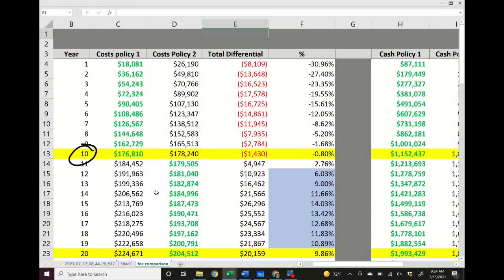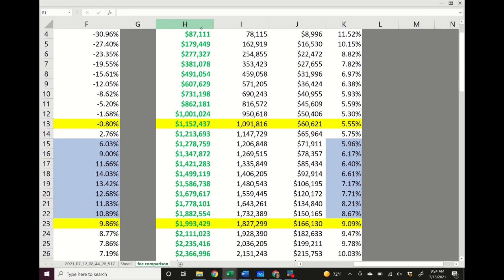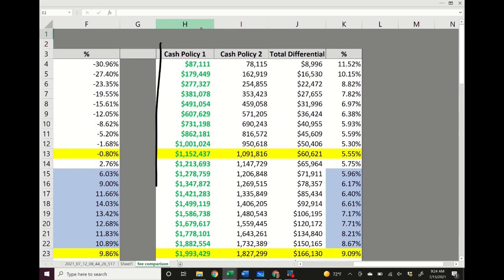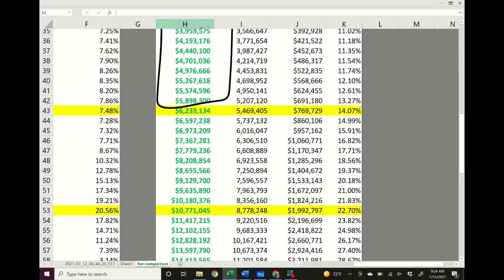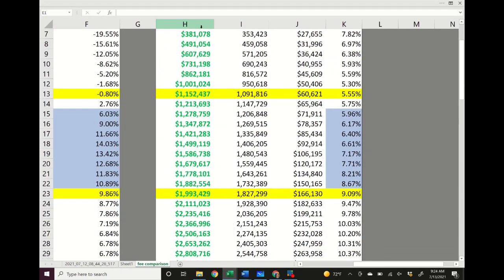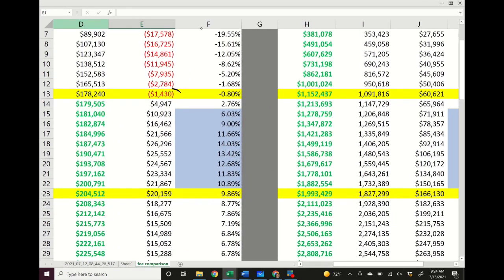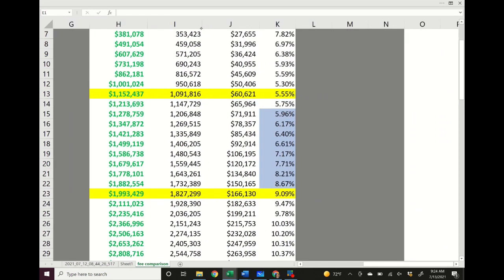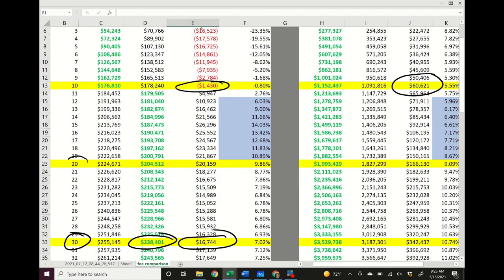But what's important about this is also comparing the cash between these two policies. So we've got cash in policy 1 and cash in policy 2. And you'll notice that policy 1 has more cash in every single policy year over and above policy 2, every single year. And so what I want to do is I just want to go to the highlighted areas. So in year 10, policy 1 is marginally cheaper, $1,400 cheaper than policy 2, and yet it has $60,000 more in cash. When we go to year 20, you've paid $20,000 more in fees for policy 1 over policy 2,